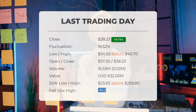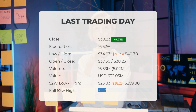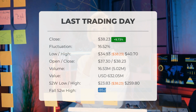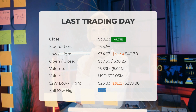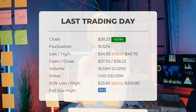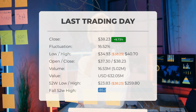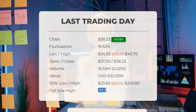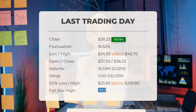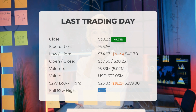Our latest update for BOIL brings you an interesting headline: big movements in BOIL ETF price on Tuesday, with a 16.52% range between the highest and lowest points. On the last trading day, which was Tuesday, January 9, 2024, the price of the BOIL ETF increased by 9.73%. It went up from $34.84 to $38.23. Throughout the day, the ETF experienced a fluctuation of 16.52%, starting from a low of $34.93 and reaching a high